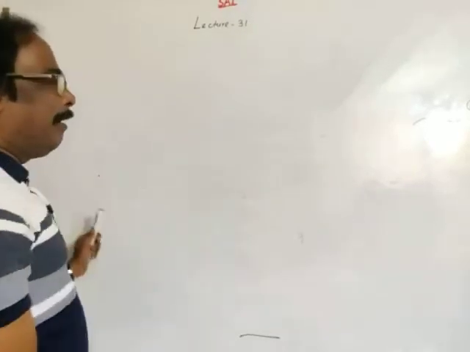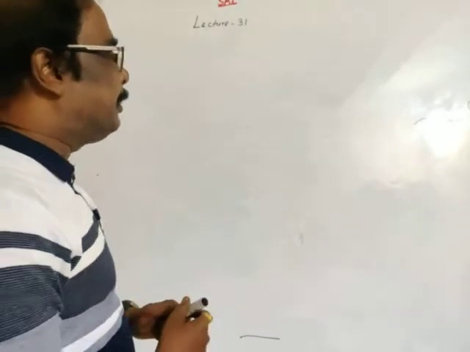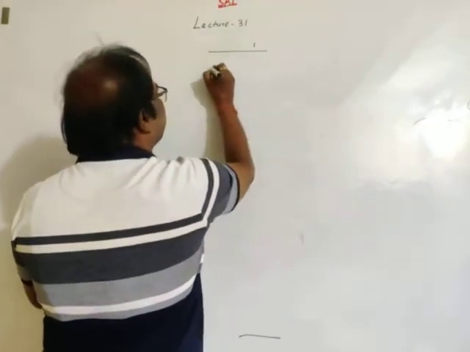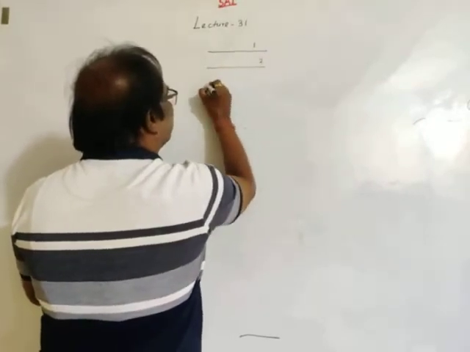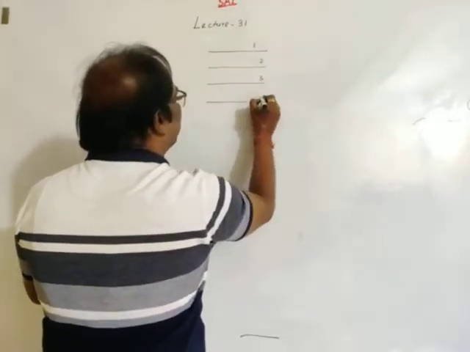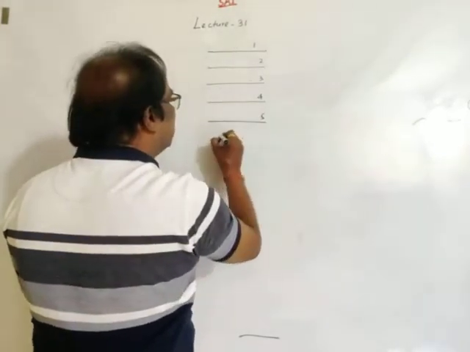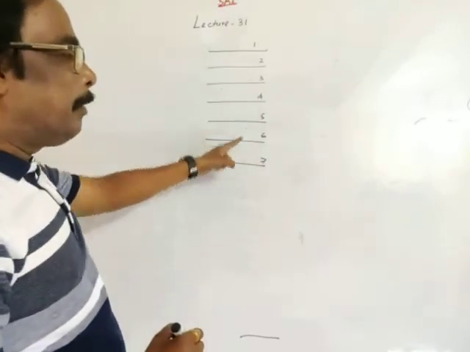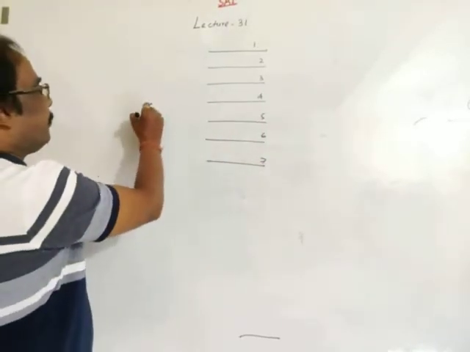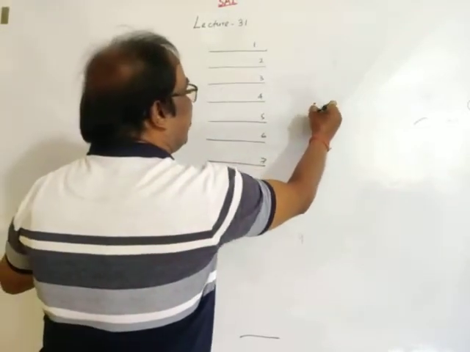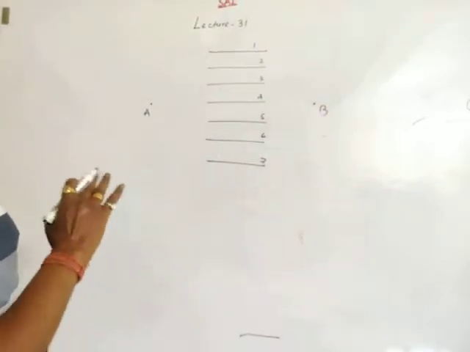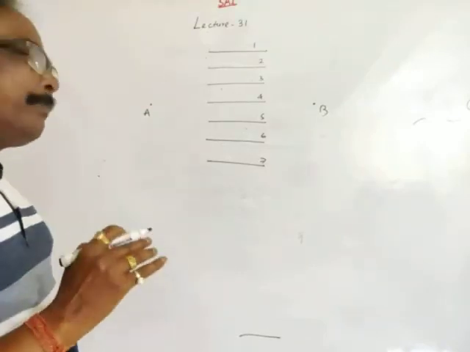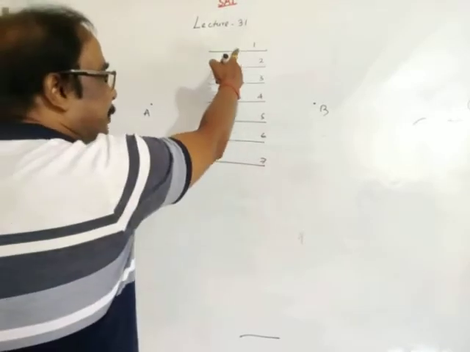Then another question, it's also an easier question. Let's take now 7 plates: plate 1, plate 2, plate 3, plate 4, plate 5, plate 6, plate 7. This is a common point A, and this is a common point B. Accordingly, we will connect. In this case, I will show you, some will be in series.